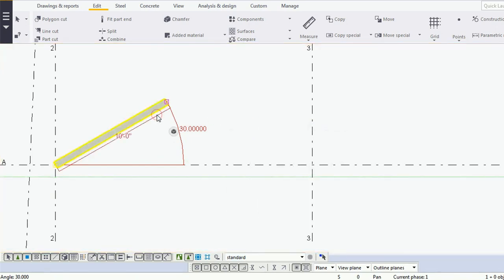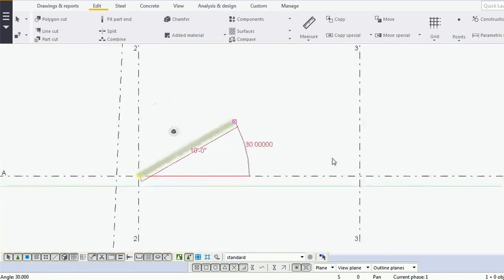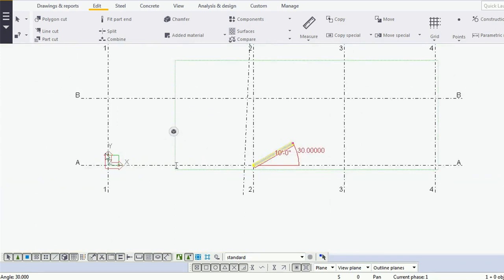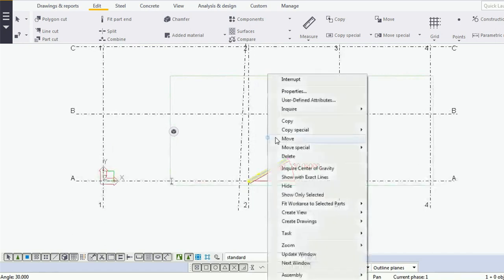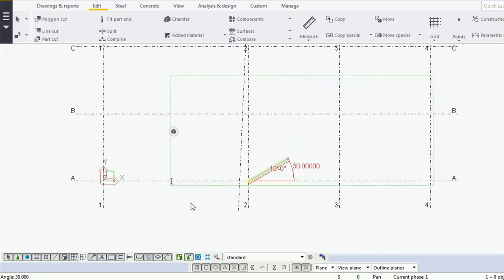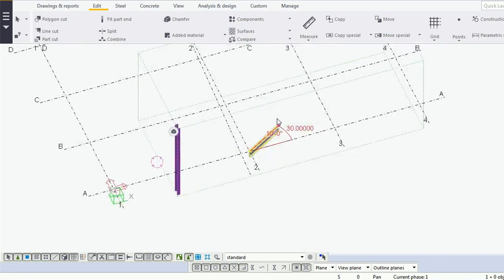Okay, this is how we are moving the beam in XY plane. Now I want to rotate this beam in XZ plane, or we can say from the XY plane.